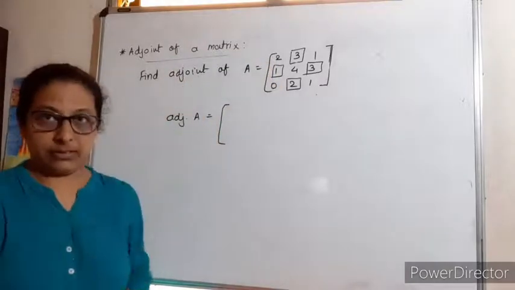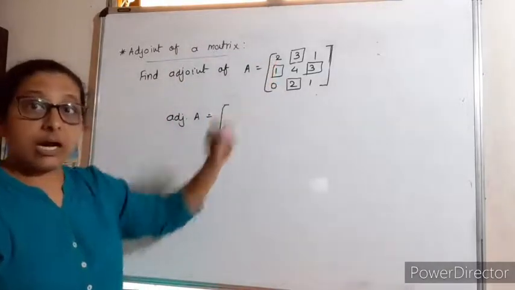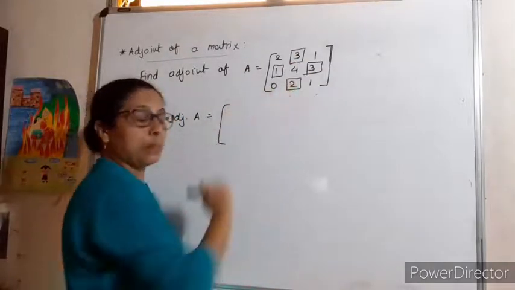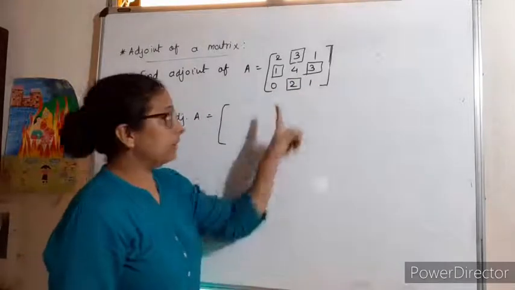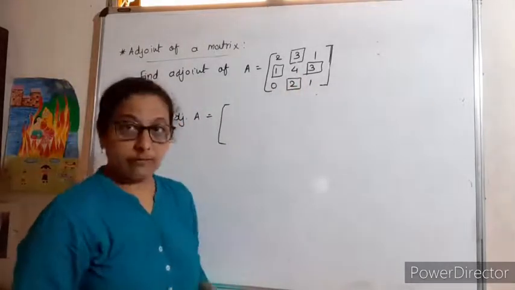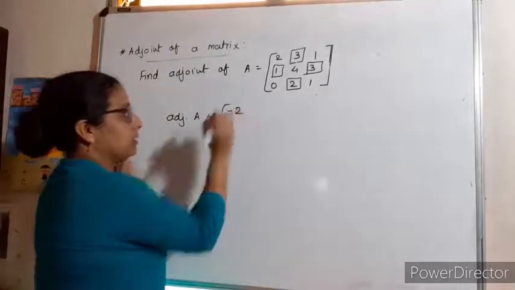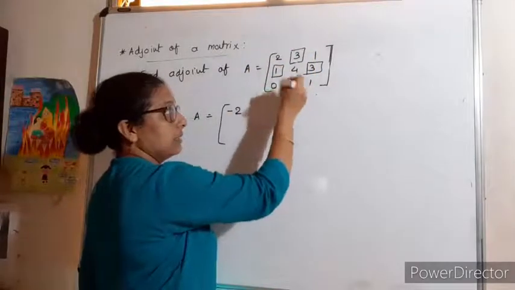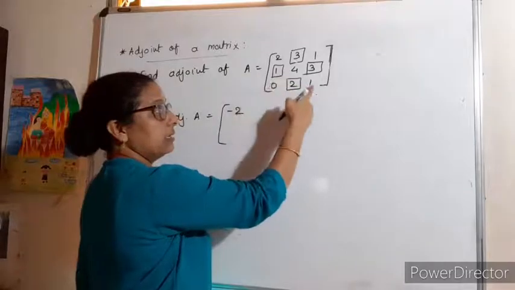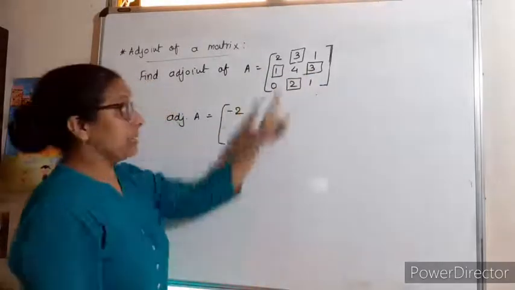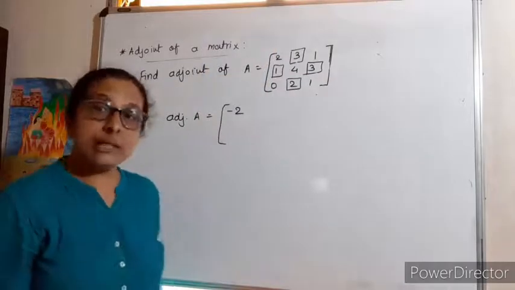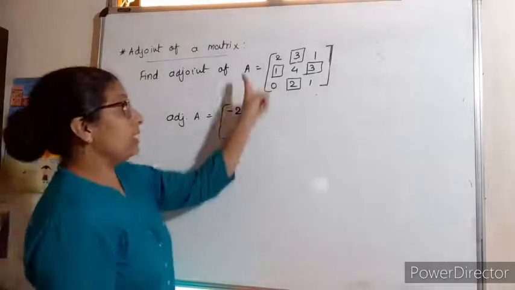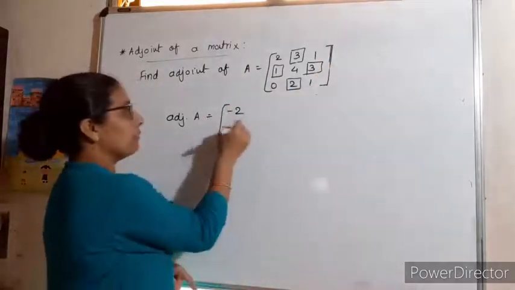First का cofactor. Cofactor of this 2. How to find it? Hide this and cross multiply the remaining. 4 1s are 4 minus 3 2s are 6. 4 minus 6, minus 2. Right? Okay. Now second. Hide this and cross multiply. 1 minus 0 is 1. But this is the place where we have to change the sign. It is 1 minus 0, 1 and change the sign, -1. But we'll go through row wise, write down column wise.